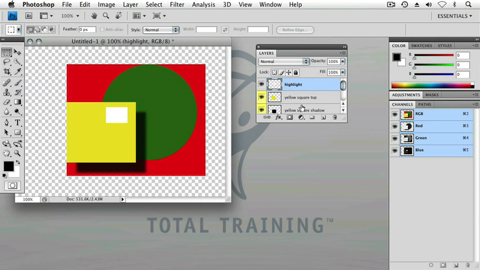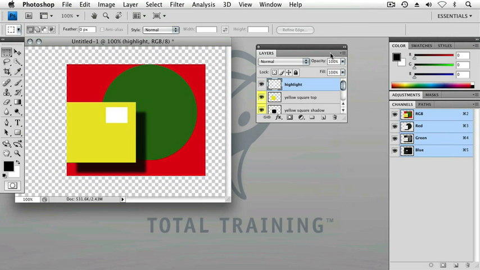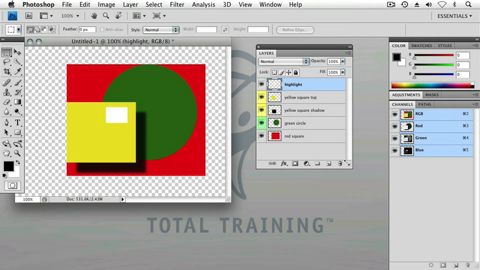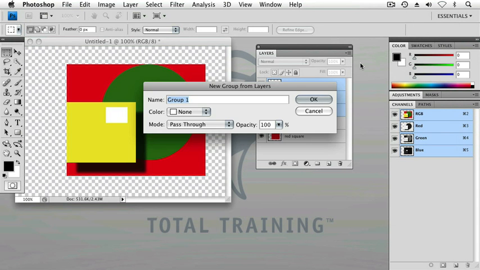An easy way to keep yourself organized is to group layers. Something to keep in mind: a lot of people use the panel menu and they choose New Group. That's a bad idea, and the reason why is because you will create a new empty folder and then you have to drag your items in and then they could lose their position. If you want to create a group of layers to keep things organized, you can select all 3 layers and then choose New Group from Layers. Name it